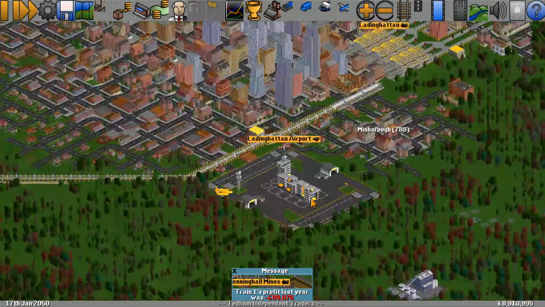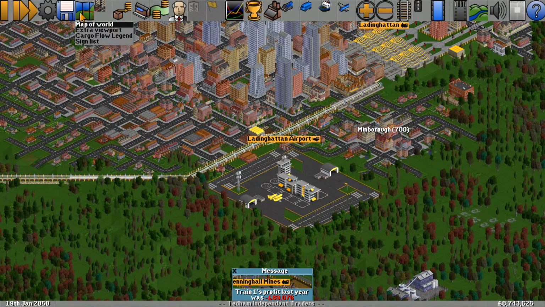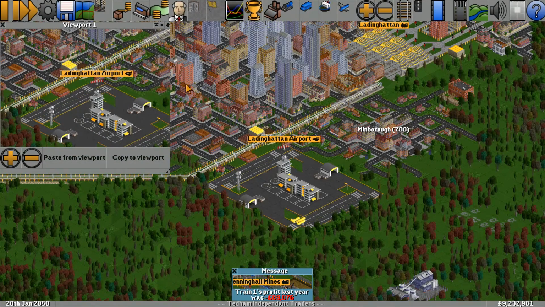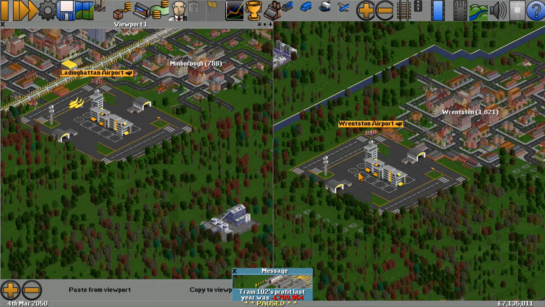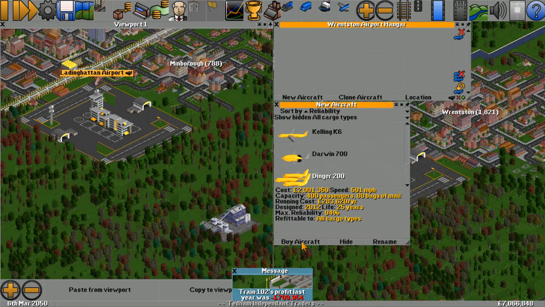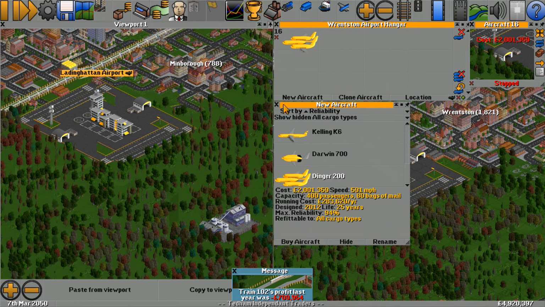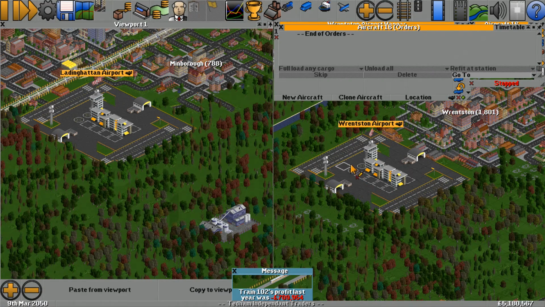Oh, that's right, we were going to connect up some aircraft, weren't we? So let's get an extra viewpoint and then head up north. Okay, so here we go. We've got the two airports side by side. We're going to go new aircraft, of course. Here's the Dinger. And there we go. There's aircraft 16. We're going to say you need to go to